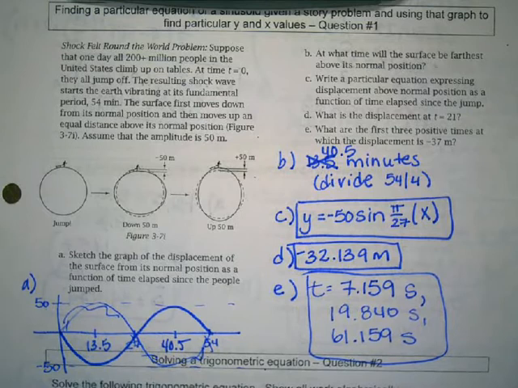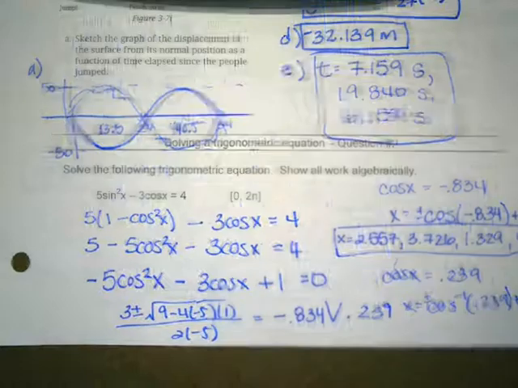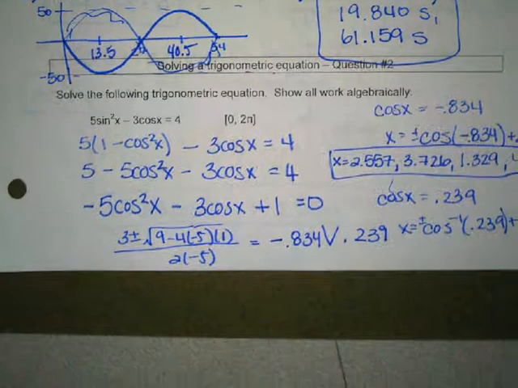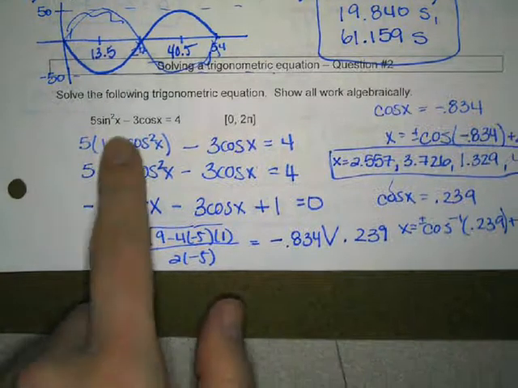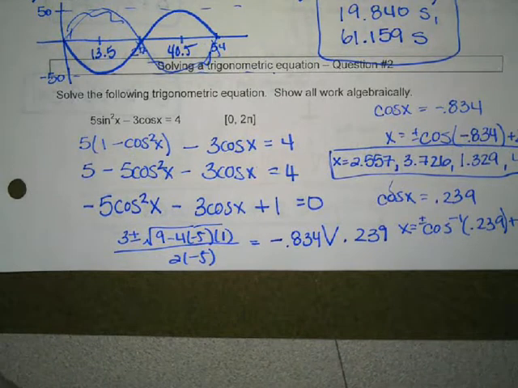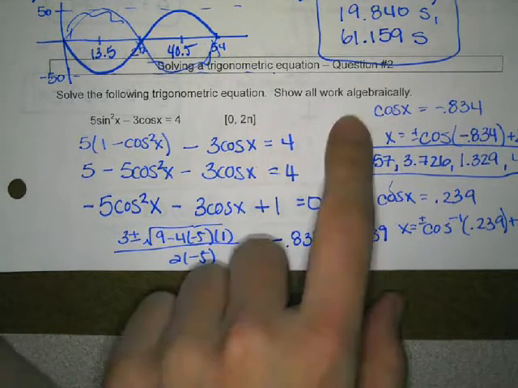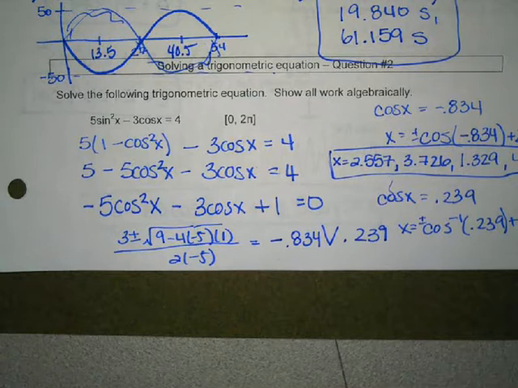Alright, for question number 2. Now, this one you had to use a property first, because you can't solve this algebraically, and it does say to show all work algebraically. You can't solve it algebraically unless